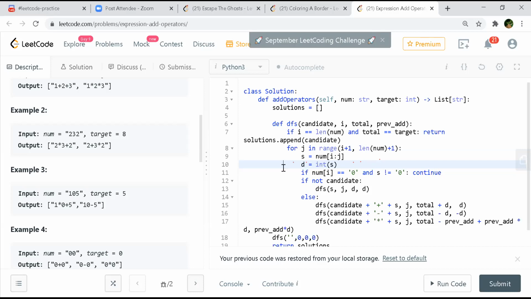But this is a good way to do it, because you might actually encounter this issue when you're working, and you might not be able to come up with this idea of lines 12 and 13. So if you do that separately in a different function and then call this DFS from there, it will be slightly easier. You can keep the DFS only for an operator as a prefix to any number.